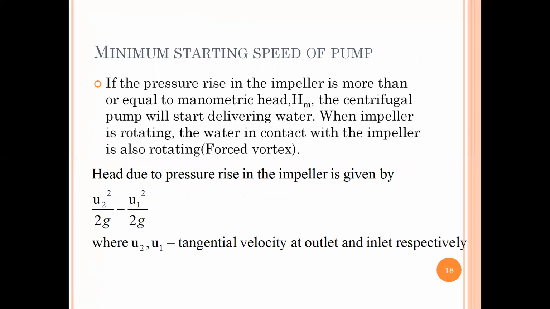Your pump, remember, when I switch on the motor, electricity gets converted to mechanical and your impeller starts rotating. Now there is a minimum speed at which it has to rotate so that the water is lifted up. Otherwise it is just rotating. So I'm just calculating the minimum speed which is required for a given head. What is the minimum speed required so that the pump is actually lifting up water from the ground to a level above.